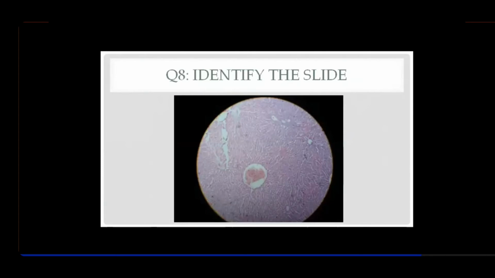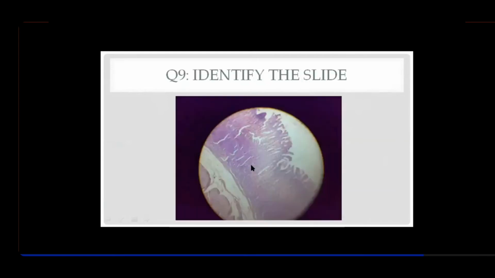What is this? Sir, liver. Liver, very good. This is liver. It has a central vein, and most important is you are seeing the radiating pattern of the hepatocytes in a hepatic lobule, and there you find the portal triad, also the bile canaliculi, then tributaries of the portal vein, branches of the hepatic artery, and all of them form the portal triads in the periphery of this hepatic lobule, and the radiating pattern of hepatocytes surrounds the central vein. So this will help you identify the liver.